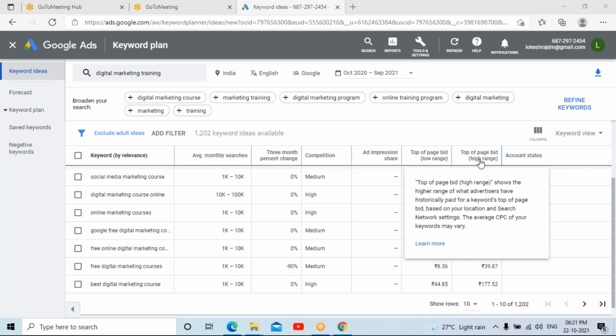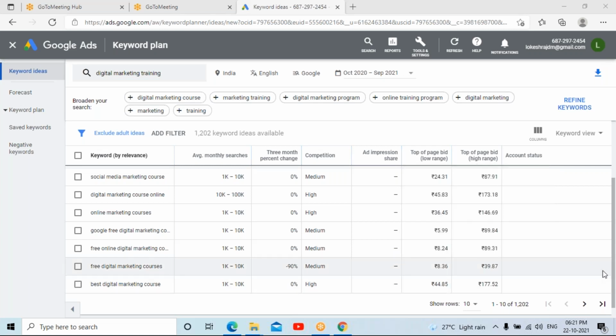So what is the amount that is going to be charged? It has given the values over here. So you should bid more than what it may cost you. Is that clear? Okay, thank you.